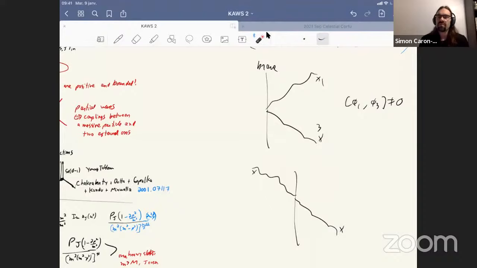But even in the first case, one can say that you can't scatter off a brane and go faster than the universal speed. You should at least take as much time as light takes between these two points in the first picture. This seems confusing to me, because how do you know where the brane is? The brane is fluctuating, so maybe you hit a quantum fluctuation where the brane is here, and then you bounce here.